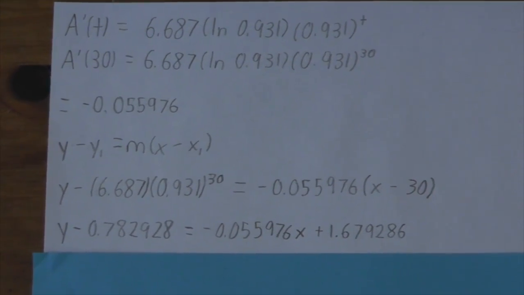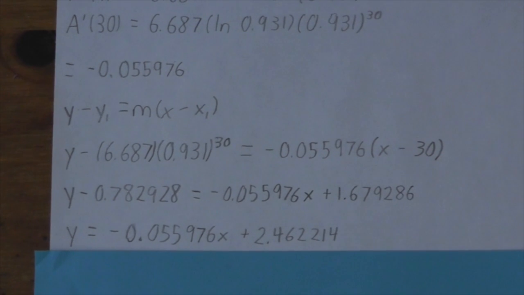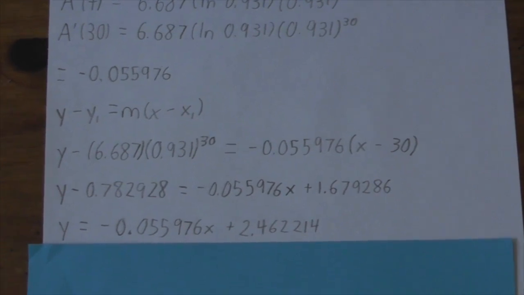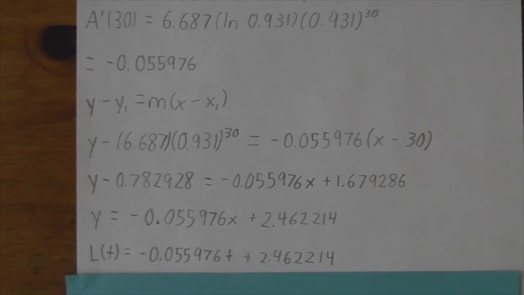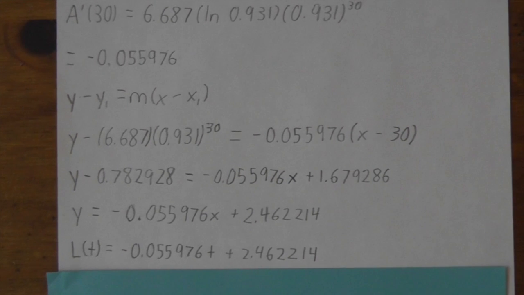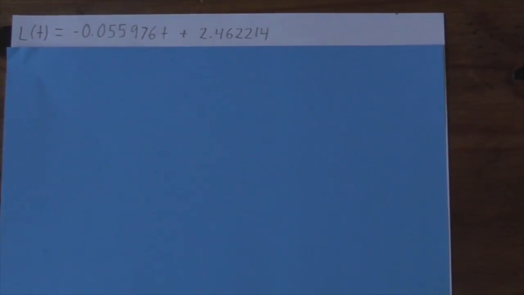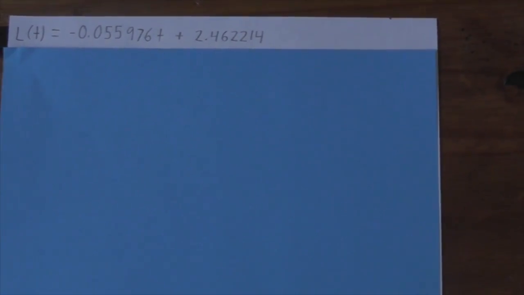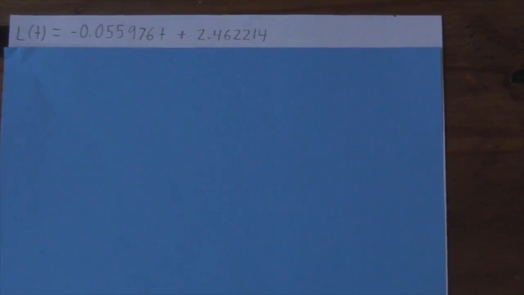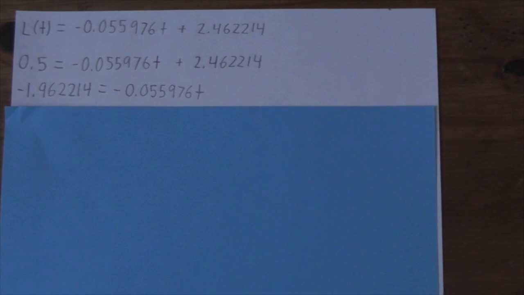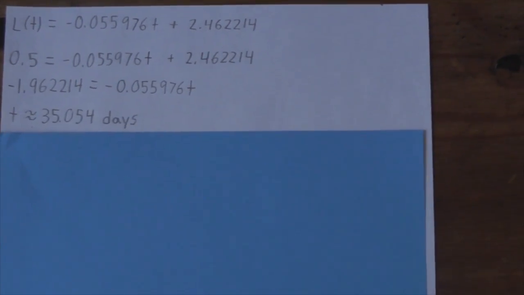We can simplify more and we get y equals negative 0.055976x plus 2.462214. Or L of t equals negative 0.055976t plus 2.462214. However, in order to solve the problem, we need to find the value of t so that the expression equals 0.5. We do this by setting the expression equal to 0.5 and solving for t. Now we can simplify. And now we can solve for t. We get a final answer of t equals about